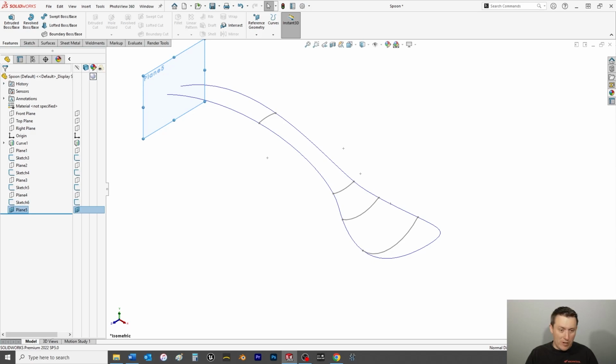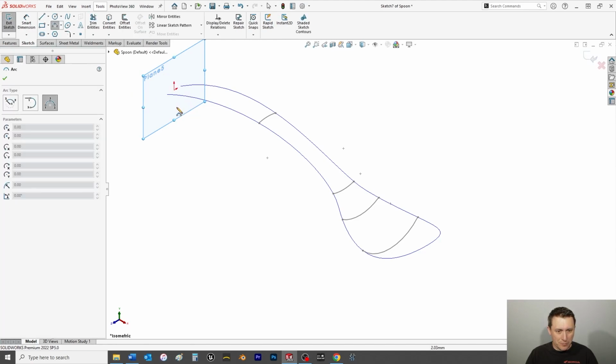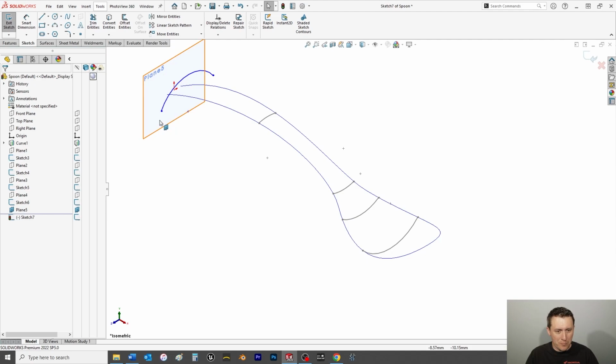From here, we're going to make another arc. We'll choose that from Sketch tab, 3-point arc, and then I'll click out here, click over here, just drag up a little bit, click again, hit escape twice, and then I'm going to press and hold the Control key again,